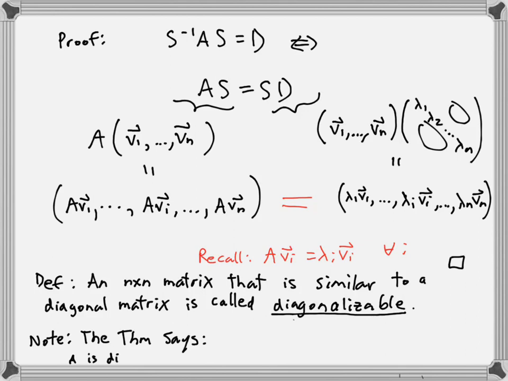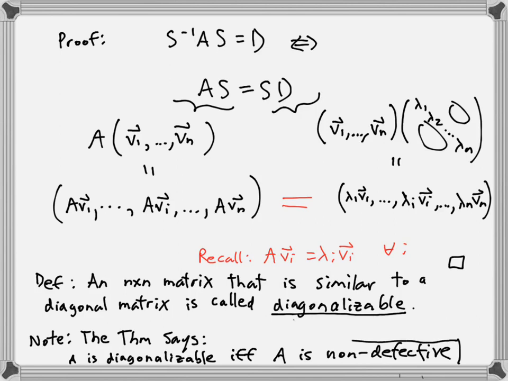A is diagonalizable if and only if A is non-defective. Okay, so this is what the theorem says. The theorem says